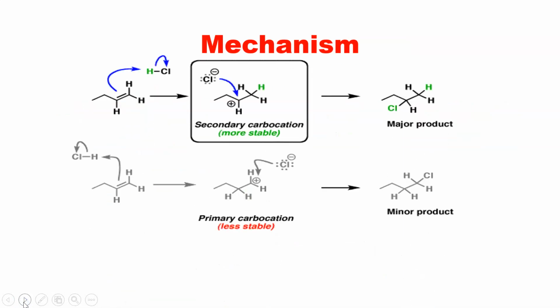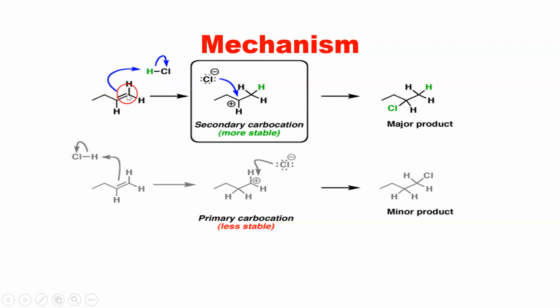In the mechanism, I have taken hydrogen chloride. The breaking of the hydrogen chloride bond will always be towards chlorine. It means that the electrons of this sigma bond are being carried away by chlorine. Actually it is a polar molecule, and because of the electronegativity difference, the electronegativity of chlorine is higher. That is why it carries the electrons towards itself. After that comes the breaking of a bond, the pi bond.